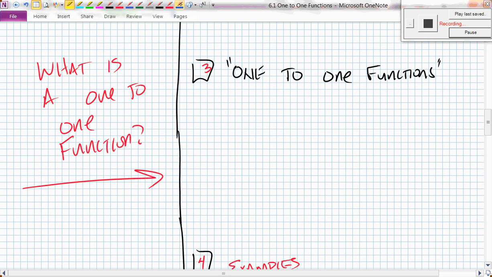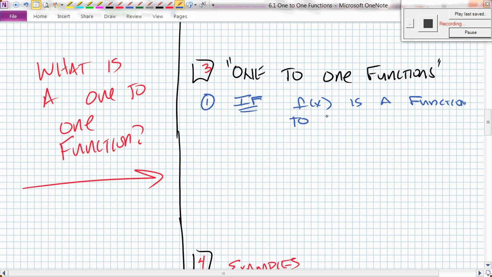Do you remember me telling you that the book does a terrible job of telling you what a function is? So I gave you my own silly definition: take some stuff, do some stuff to it, get some other stuff. Remember that definition, right? Well, it's the same thing with one-to-one function. I don't think they do a very good job with that one, so I break it up into my own little silly definition here, which is like a 3-step process. So step number 1, it's an if statement. If f of x is a function